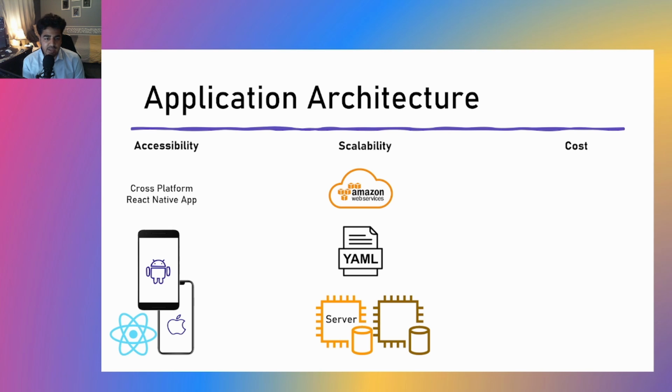Next is scalability. I wanted to make sure my app is as seamless as it is with 10 users as it is with thousands. Traditional server-based architecture imposes a limit on the number of requests that can be sent in a certain time period. Exceeding this limit can increase latency and potentially cause downtime. After doing some research, I discovered Amazon Web Services' serverless application model. This model allows me to specify my backend resources into a YAML file and lets AWS manage the resources needed